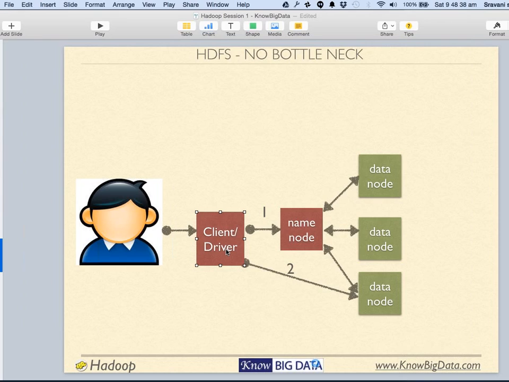Do not bother me, I will not read the data for you. You will have to read data directly from the data node. That is how the name node saves itself from being swamped or overloaded by requests.